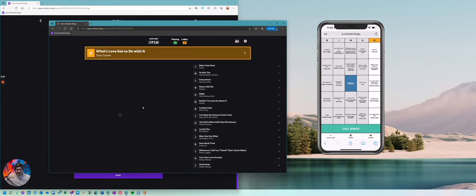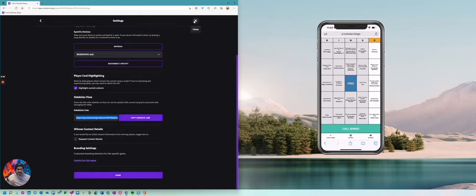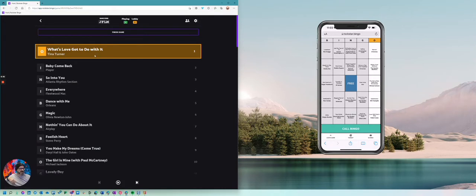So if you know anybody that's got a live band that wants to use this, it's pretty cool that we can do that as well. Okay, so I'm going to break out of there. So we're going to hit play here. We'll just get this game going. So here comes the first song.